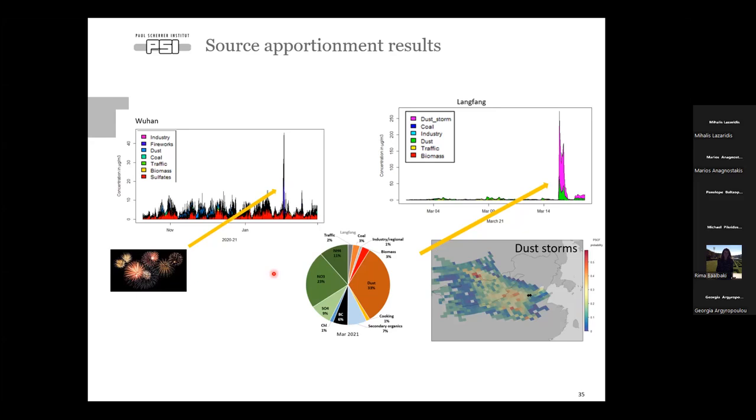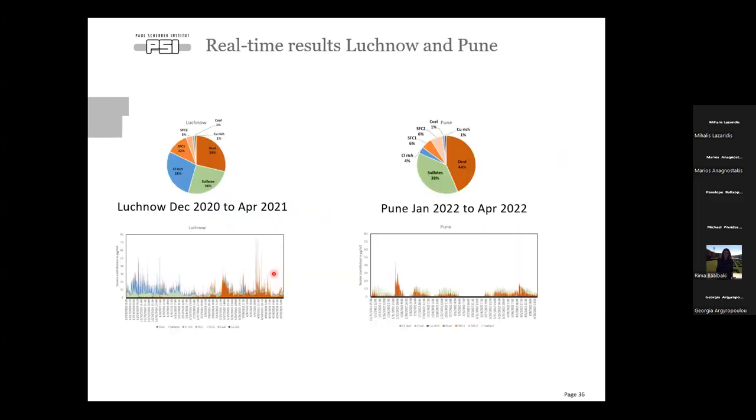And the other thing that we had during the studies is that we had 2 huge dust events that, again, if you're doing the analysis offline, we could split into 2 different factors, the dust storm and local dust. But for the real-time model, it's not possible to set it up to get these differences.